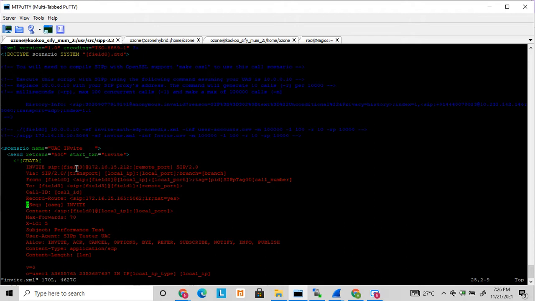So there you have to push from and to numbers dynamically, or there are requirements like registration stress testing, where you have hundreds of users and hundreds of usernames and passwords. So how will you do this dynamically?